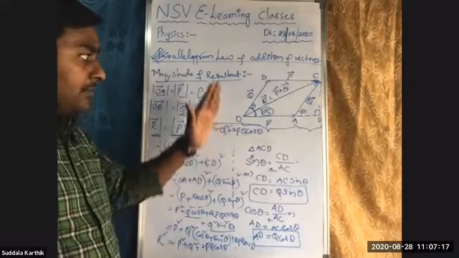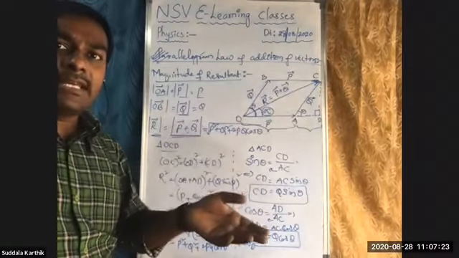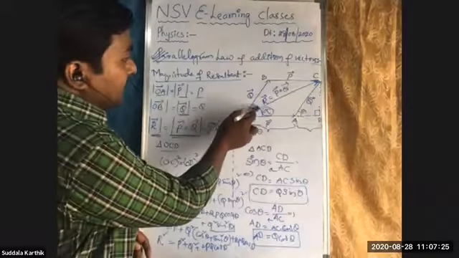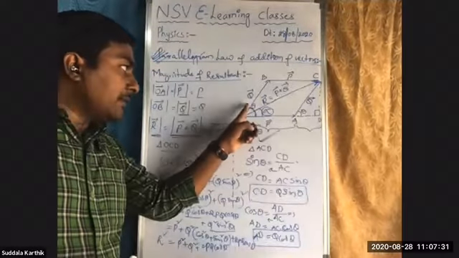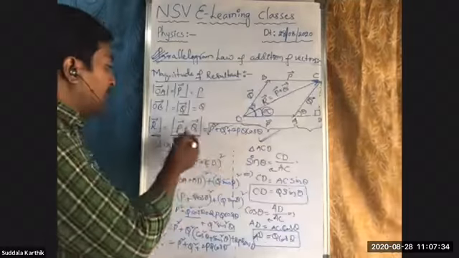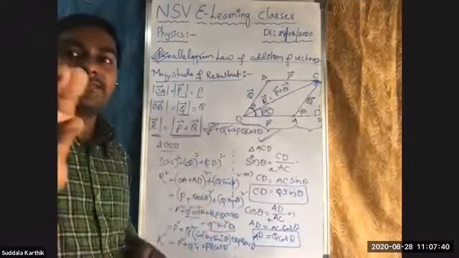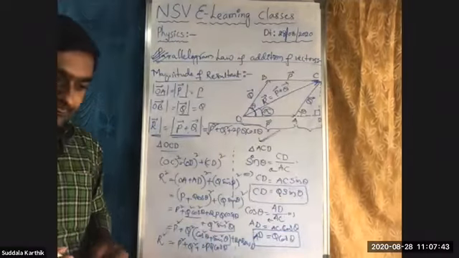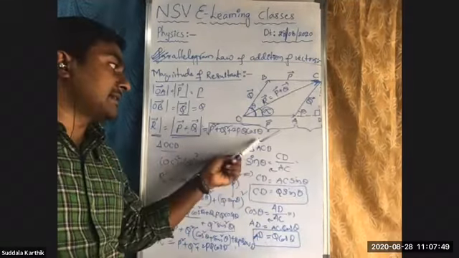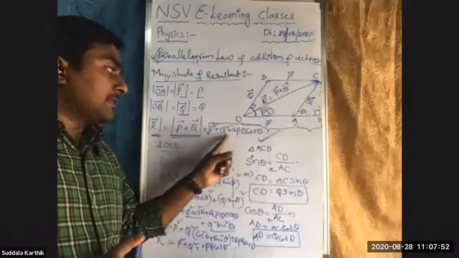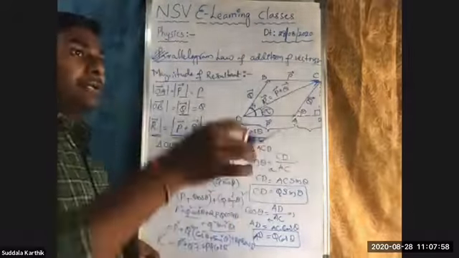Just I have taken two vectors. So from now onwards, for the resultant of two vectors, if they have given any angle between the two vectors, then definitely you must use this formula directly. The magnitude of the resultant of two vectors is under root P square plus Q square plus 2PQ cos theta. Cos theta. Someone is saying sin theta. It is cos theta. By using this formula, you can do the problems directly.